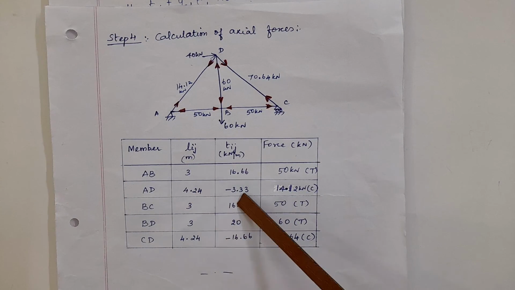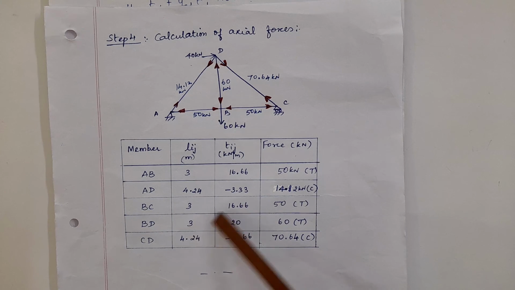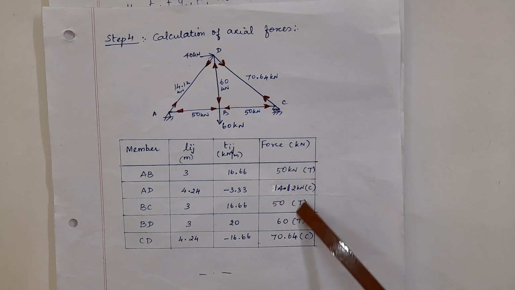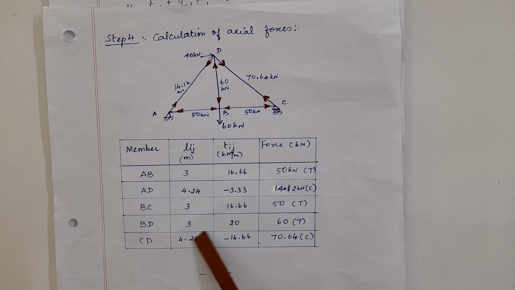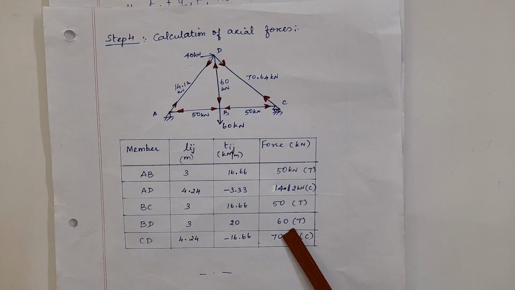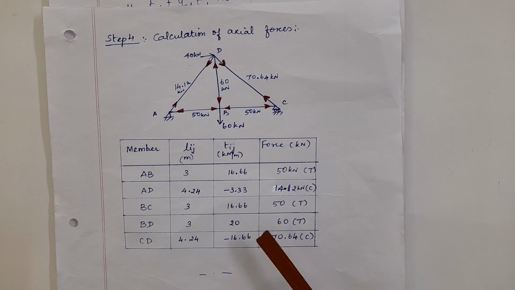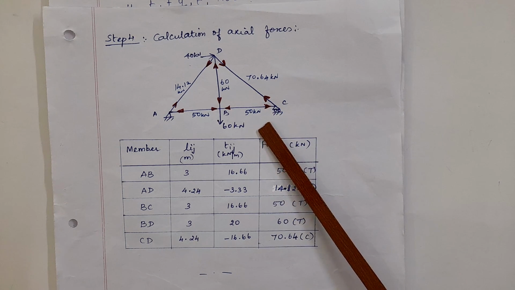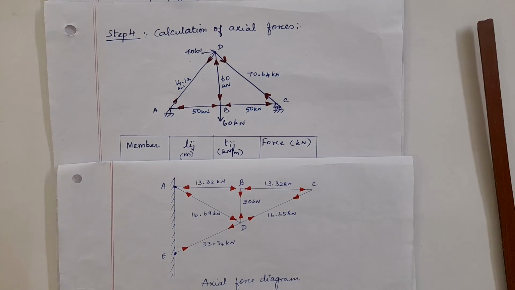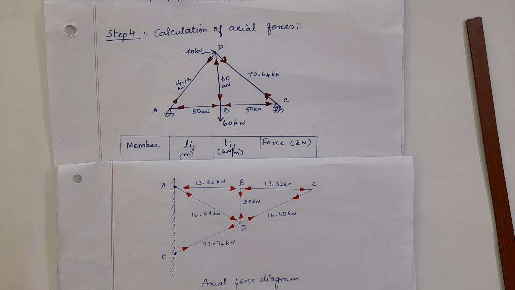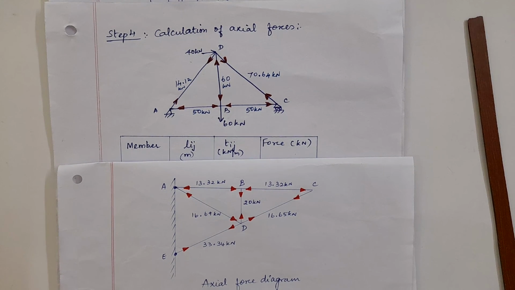So length of each member, tension coefficient of each member is calculated and multiplied to get the value of force in each member. If the answer is negative, it tells it is a compressive force. If the answer is a positive force, then it is a tensile force. So it is an axial force diagram pictorially represented from this numerical values. In this video we have learned to determine the axial forces in the members of a plain pin jointed truss, which is a cantilever, and also here we have seen if it is simply supported. Hope you can understand. Thank you.